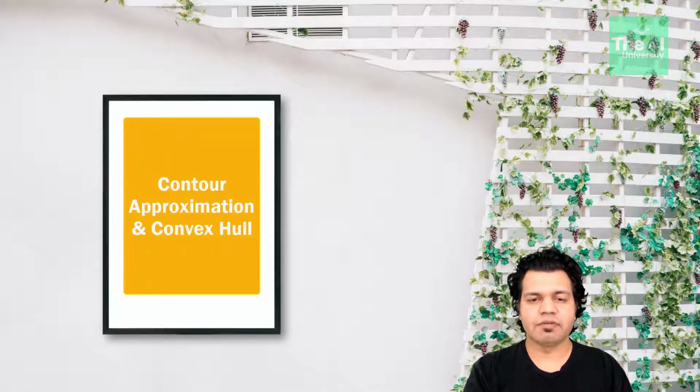A lot of contours that we encounter in real life are noisy. That is, the contours don't look smooth and hence our analysis takes a hit. So how to detect simple geometric shapes in such scenarios using contour approximation?